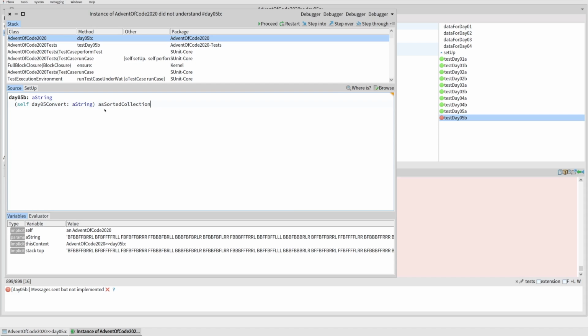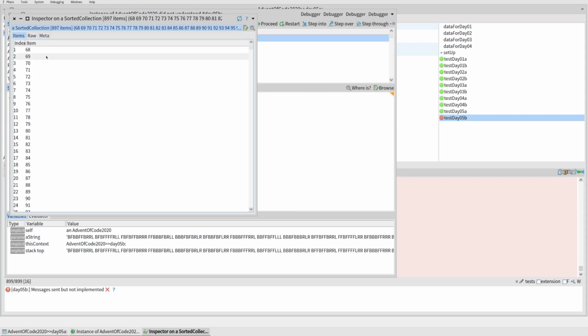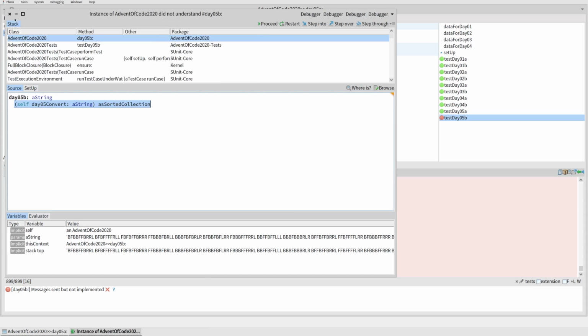Okay, so we're going to make this as a sorted collection. And now let's see if we inspect this. So now all the numbers are in order. And somewhere in here there's a gap. Okay, so now we could